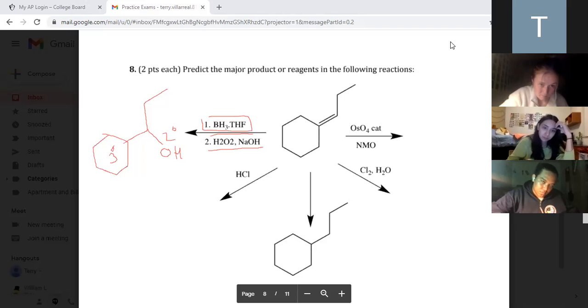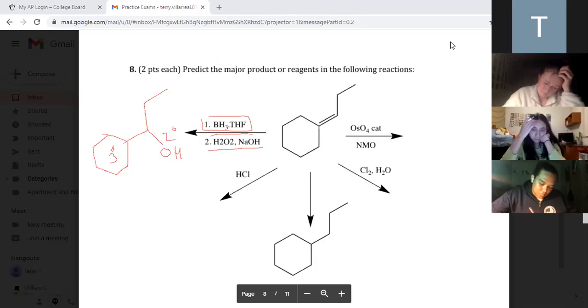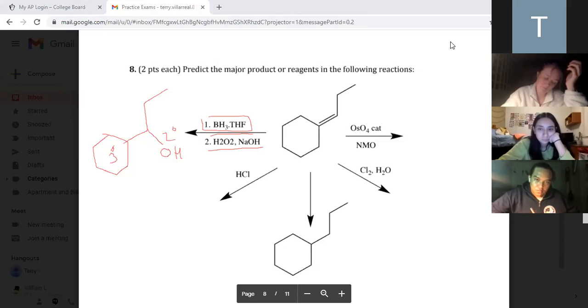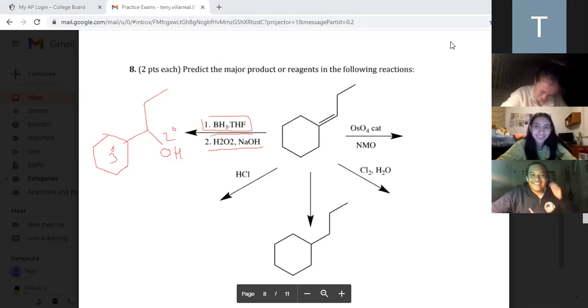Do you remember that? This is one of the few reactions where we add our big group to the less substituted carbon. Fun fact, hydroboration was discovered, well, not discovered, but a lot of research was done by a man by the name of Dr. H.C. Brown. He is the grandfather of Purdue chemistry. So I got to hold his Nobel Prize and sit in his office chair when I went to Purdue. You're not supposed to do that. They got very angry at me, but I did it anyway. I didn't know that you weren't supposed to.